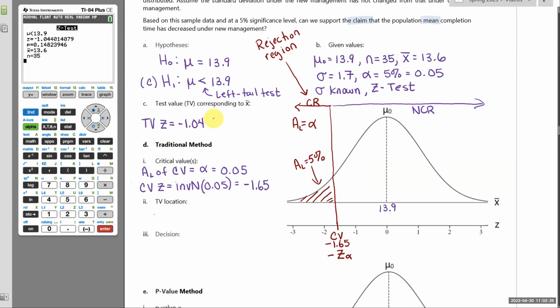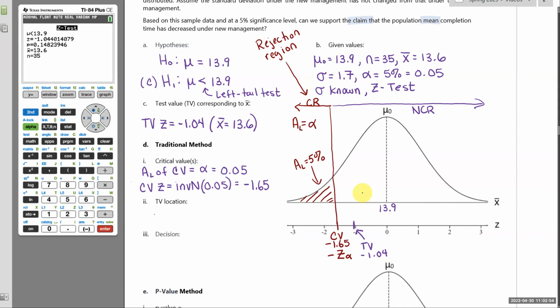And that tells me on my graph where is 13.6 relative to that center line. All right, so let's graph it. So negative 1.04. So my picture's a little tight here, but that would be maybe there. So test value negative 1.04